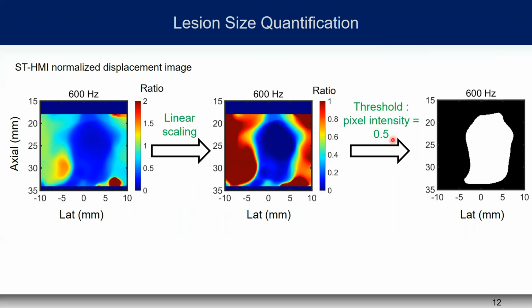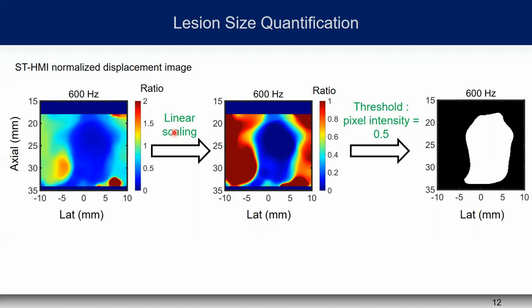Then we perform a threshold of 0.5. You can think of that as like full width half max, and then the thresholded area will give you the ablation size. And we perform a similar procedure on the gross pathology images, and then the area in the displacement image will be compared with the area from the